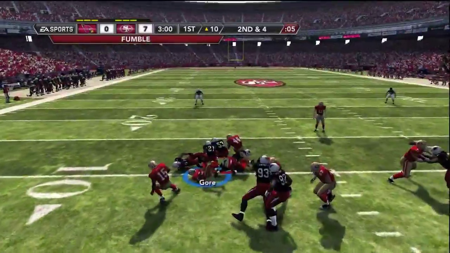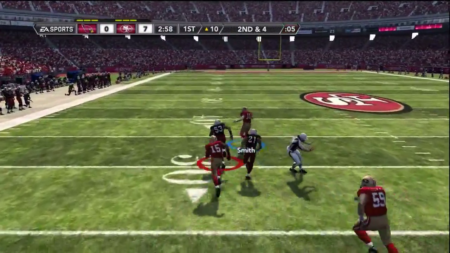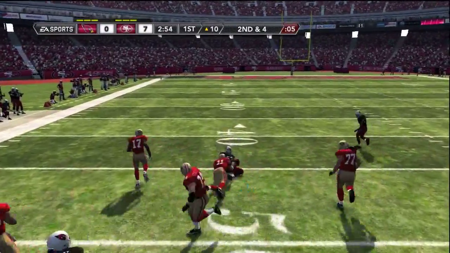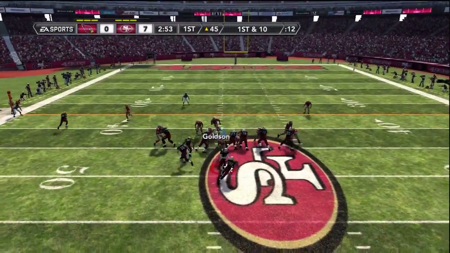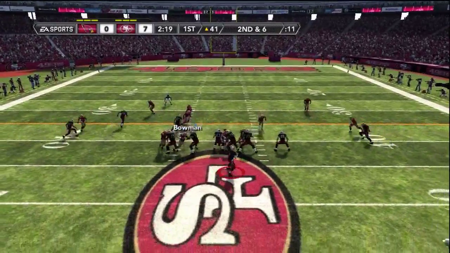Fullback messes up here, misses his block, and Frank Gore, one of the better running backs in the league, fumbles the ball. Let's try to get this tackle. Come on, swave, and down. Okay, now that we're done wiggling and running all over the field trying to get this guy, let's break down